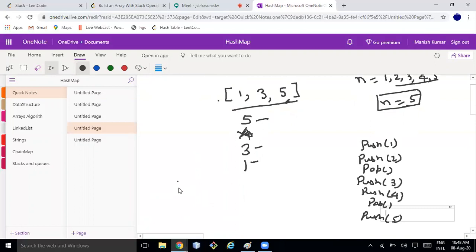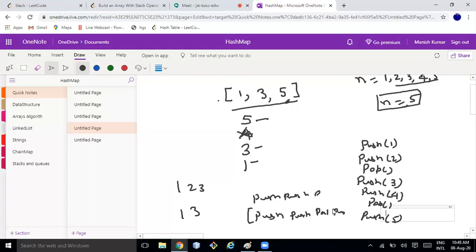What if 1 2 3 is there? Only push, push, push. What if 1 and 3 is there? Push 1, push 2, pop, and then push.